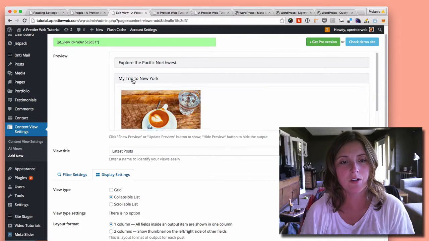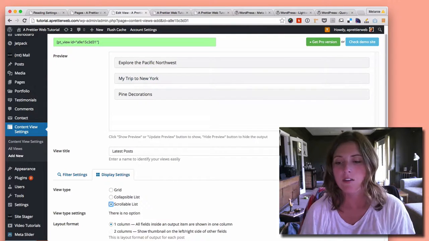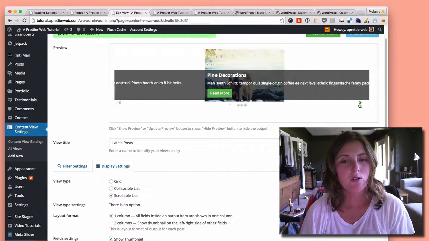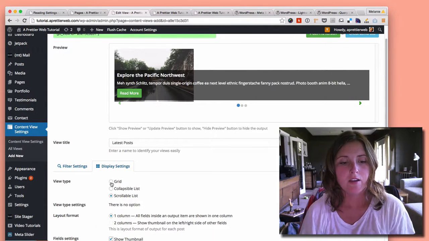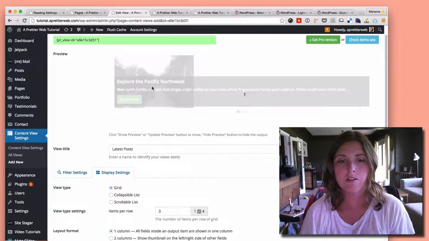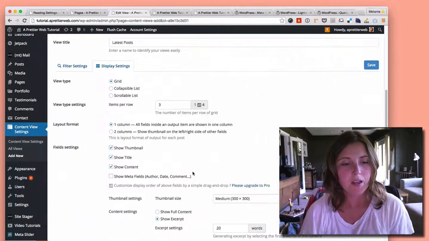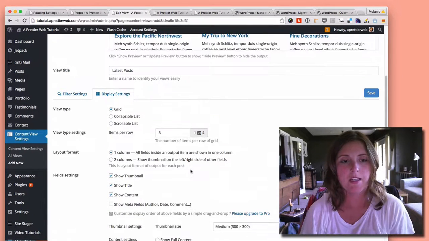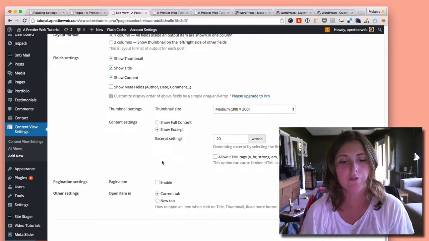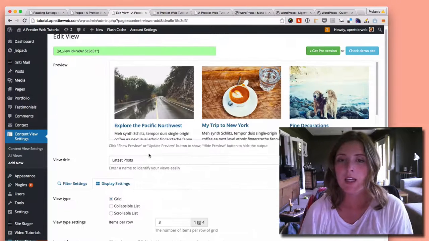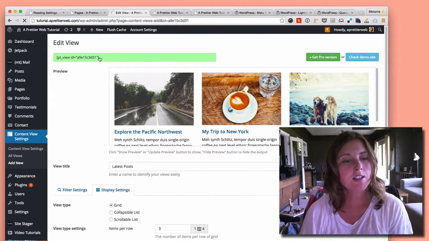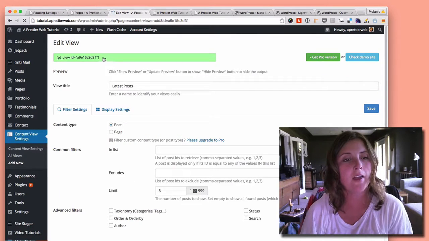So you can show your posts like this. Here's a scrollable list, which maybe doesn't display totally good here. Or here's the grid that I was using in this example. You have different options here: your thumbnail size, whether you want to show an excerpt, or if you want to show a full post. Once you have saved that, you'll see at the top left this green box here, and that's the short code. You just copy that short code,